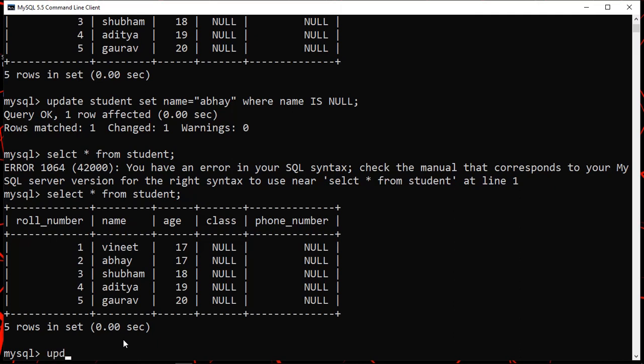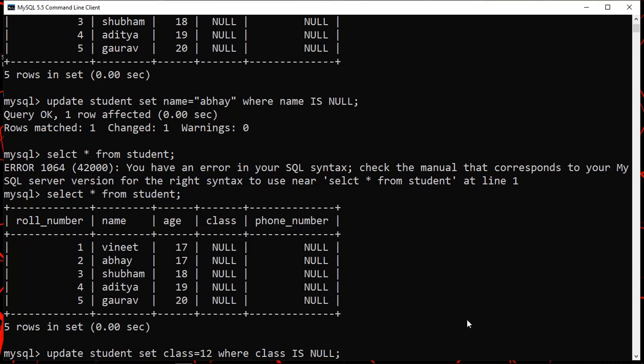Again, we'll write the statement update along with the table name, which is student here. So update student, then write set class is equals to 12, where class is null.